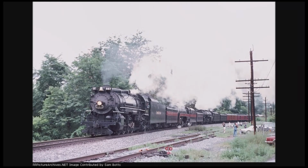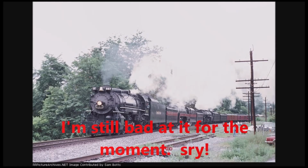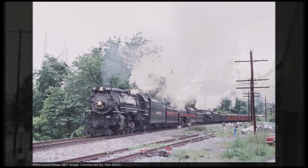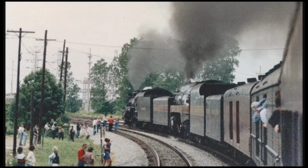In 1989, the 587 led a triple header with Norfolk and Western Class J 611 and Class A number 1218 for a deadhead run to the Asheville NRHS convention. 587 led 2 excursions for the convention, one of them with 1218 and another with 611 for the annual Independence